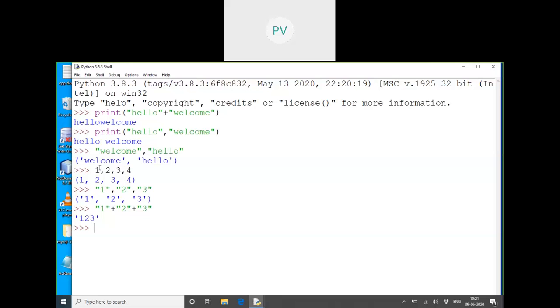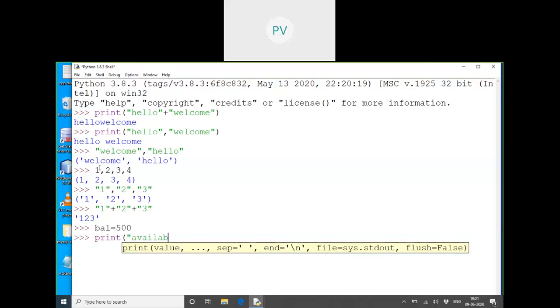It's one string object. So sometimes for presentation, like I want the presentation like available balance is, okay, let us take a balance is equal to 500, and I want to show it on the screen saying that balance is. So should I go for this or should I go for concatenation?